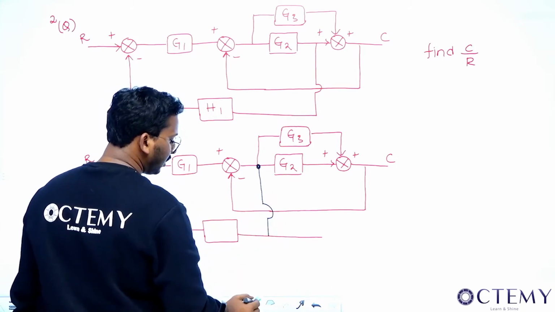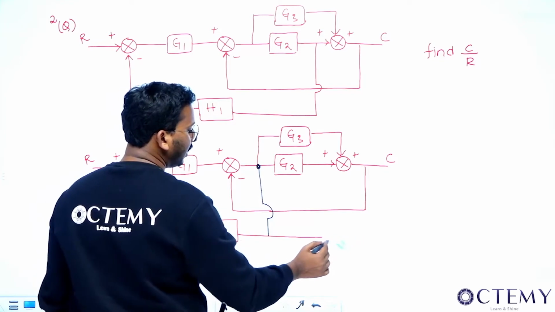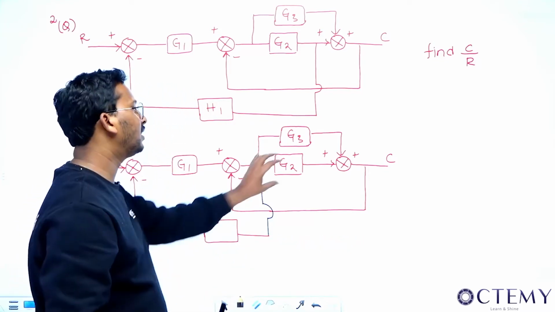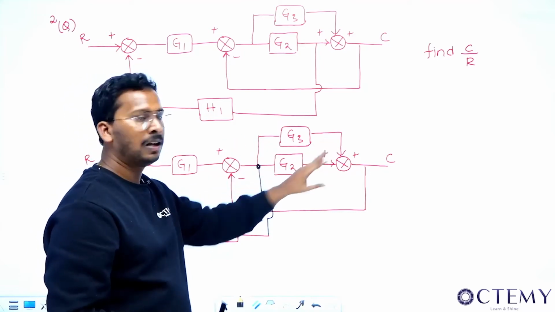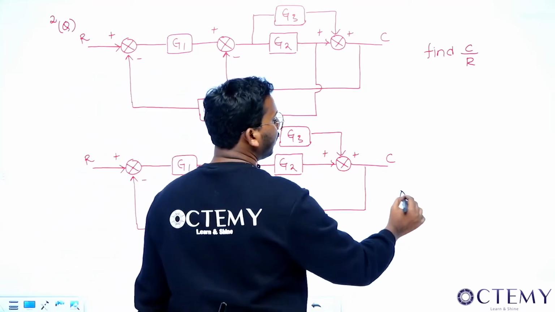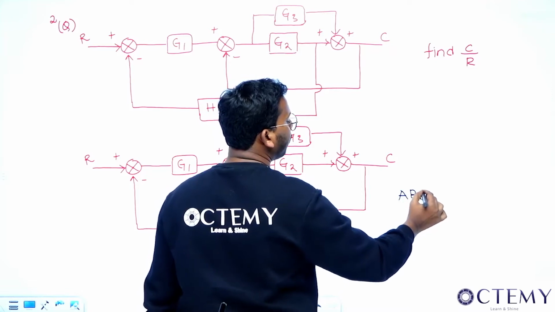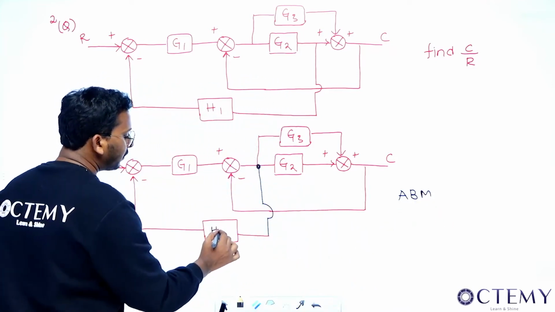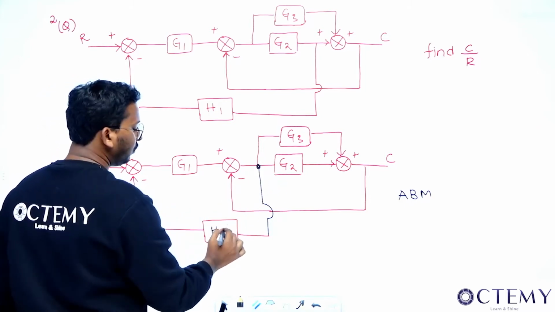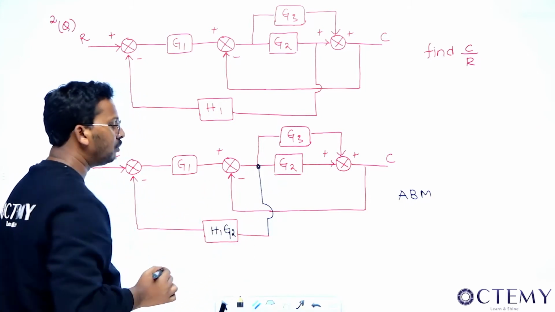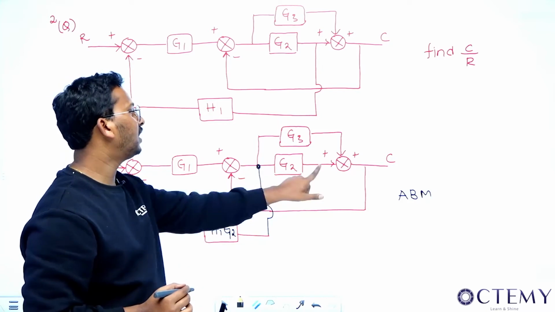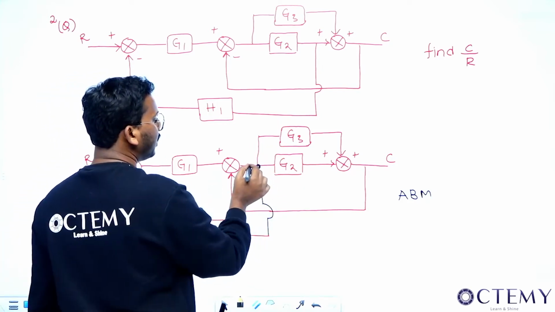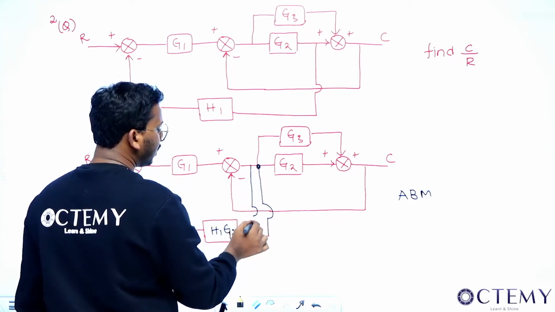If you are moving with respect to the G2 block, what will happen, sir? Are you moving from before to after or after to before? Right? This is the block. This is before, this is after. So you are moving after to before. That means you will get multiplication. So what will be multiplied? To this H1, this particular G2 will be multiplied. Why will G2 be multiplied, sir? Because I have changed it from here to here. Right? Now this has become simple for me, because you put this here or here, it doesn't matter, sir.